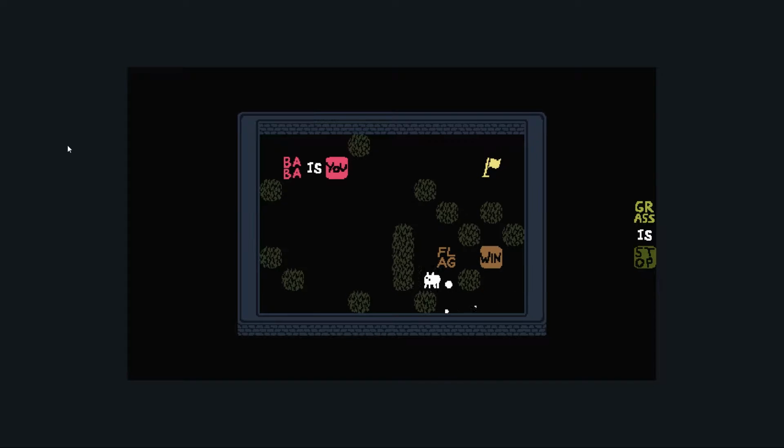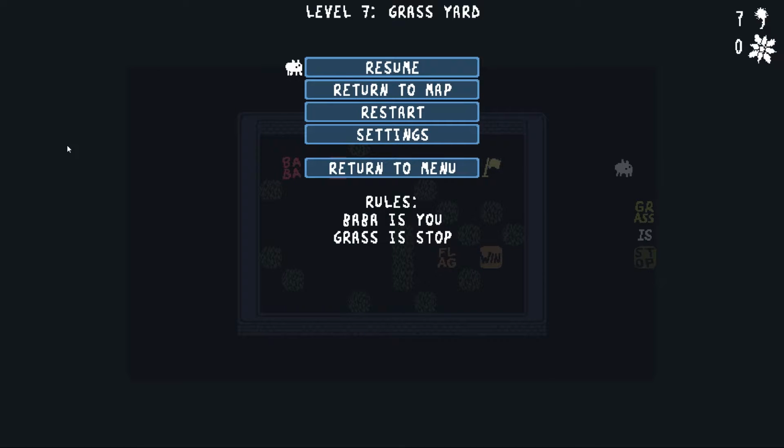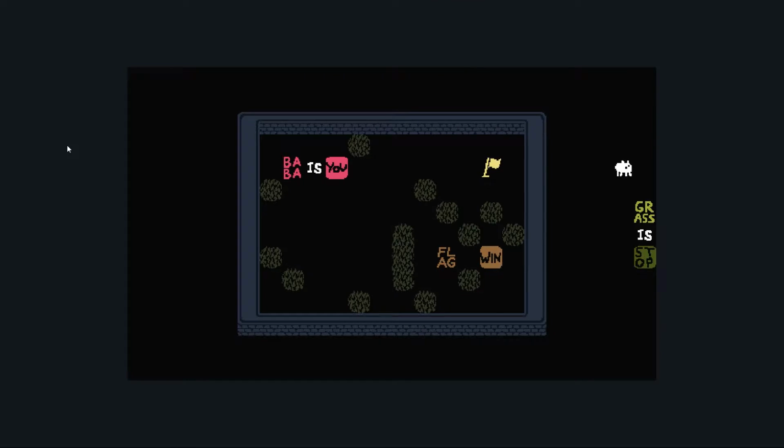It's worth noting here that despite my natural preference, wall is not stop. So we have to keep an eye on what is and isn't true. And in fact, I think if you hit menu, it tells you the rules that are currently active. We'll probably not use that. Now, once again, we can't actually mess with this. What we can do, though, since we have to make the flag win. So this teaches us that,